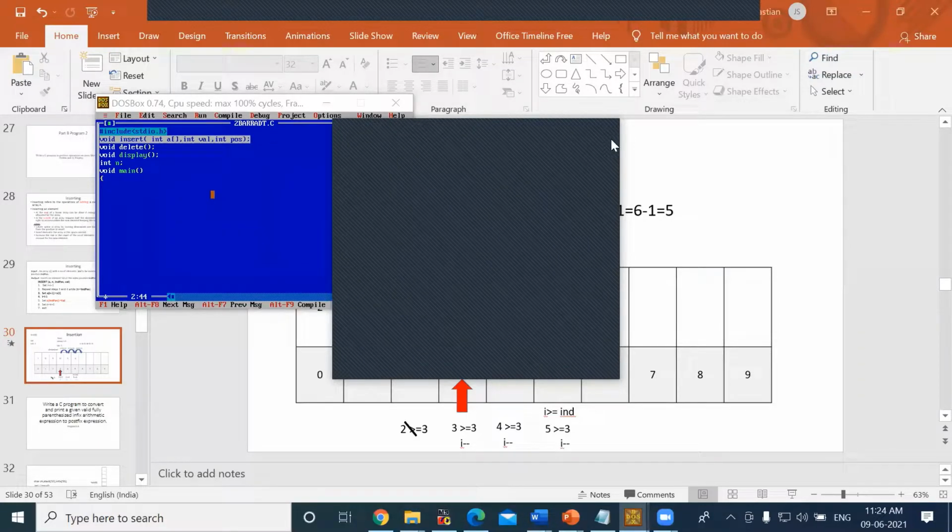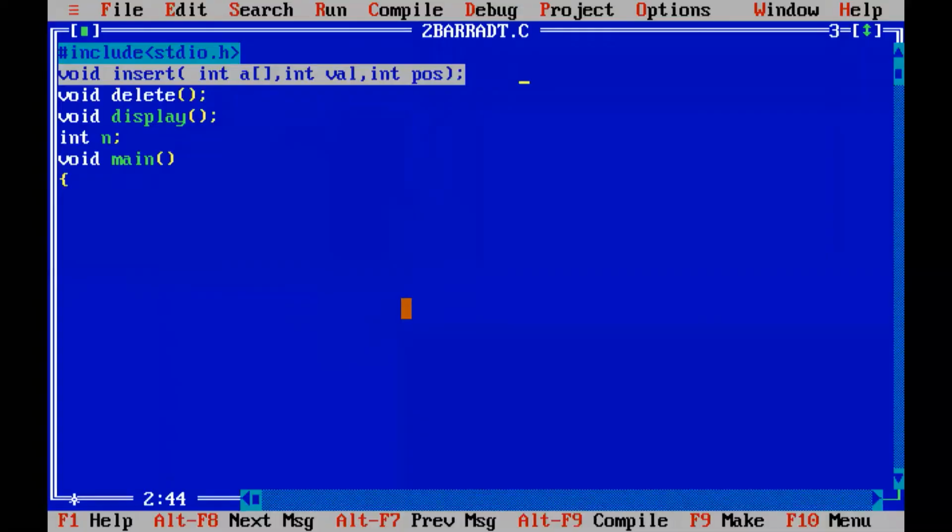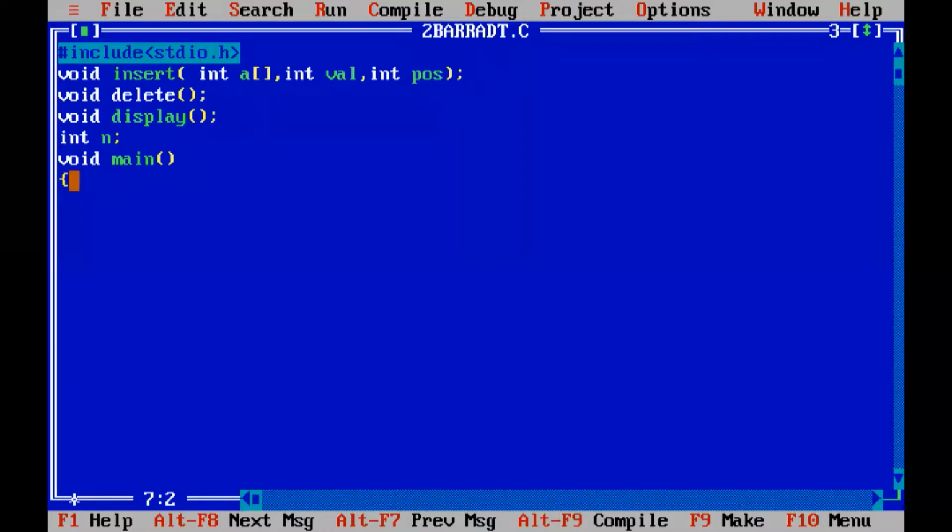We are going to see now how to insert the numbers. The same logic will be used, but as I told, we are going to implement it as a menu driven program. Some initial things will also be there in main. For insert, delete, and display, what is the essential thing? We need the array, right? So we have to declare the array, and for getting the values, the variables we need include n, to accept the number of elements in the array.